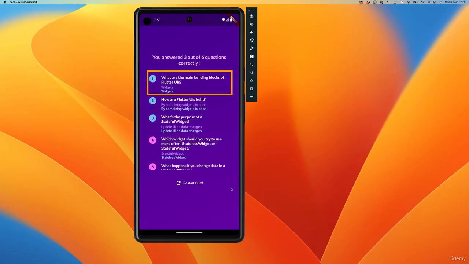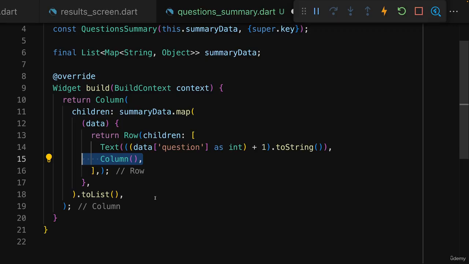And if in a row, next to another item, you want to have a couple of rows, you need a column inside of a row, because a column widget allows you to display multiple items on top of each other vertically, which is the definition of having multiple rows. So here I'll add another column so that inside of this column, I can output the question, the chosen answer,